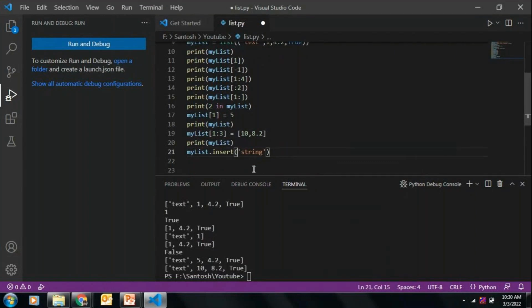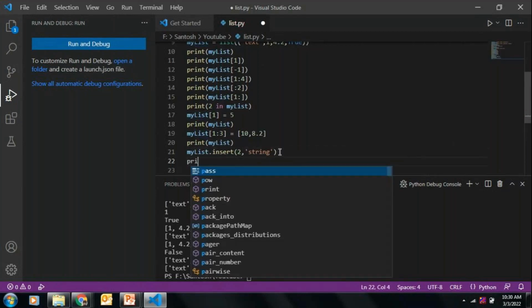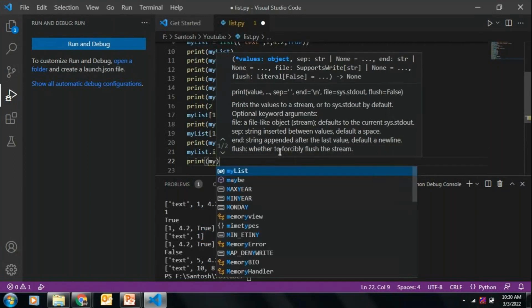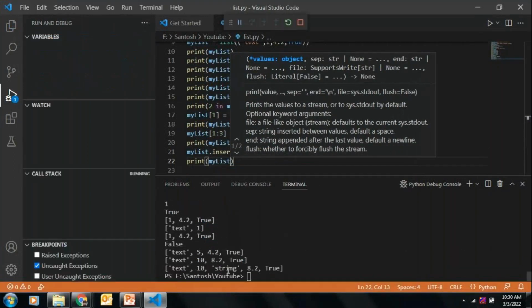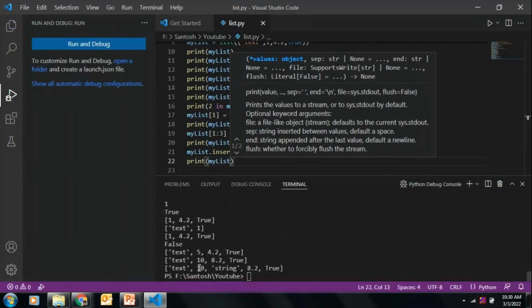Okay, so append is at the end. For insert, you can give an index where you have to insert the value. So I want to insert at index 2. Now if I print the list, at index 2 we will have this string value. You can see text and then insert. Okay,